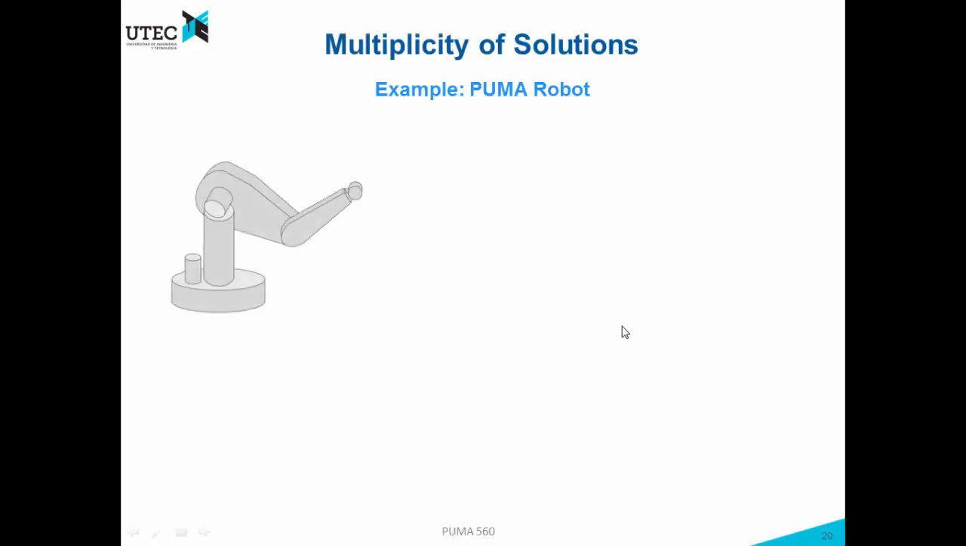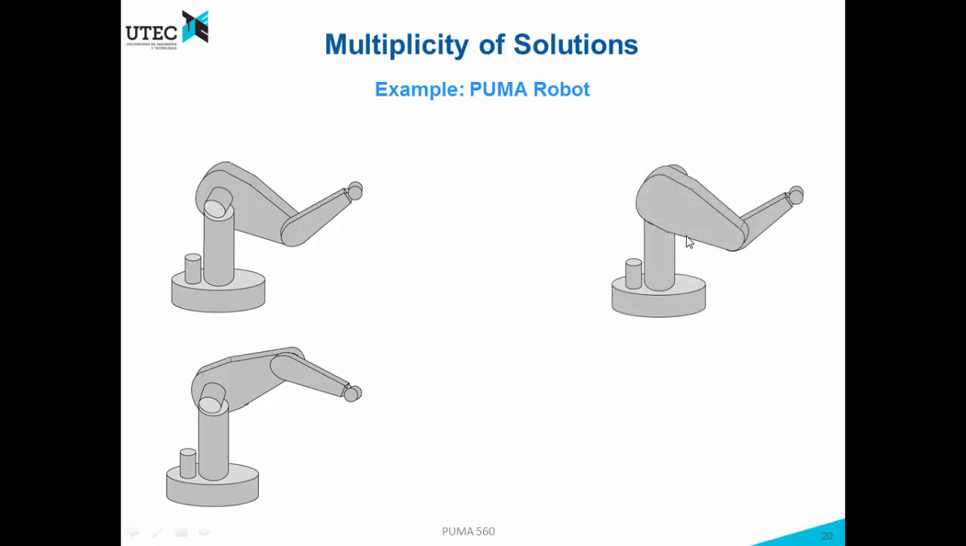Multiplicity of solutions. Let's consider an example, a PUMA robot. With this configuration, this robot reaches this point. If we use this other configuration, the robot reaches the same point. Now we can rotate the joint at the base and we can obtain this new configuration which also reaches the